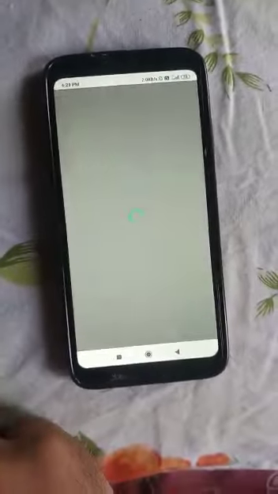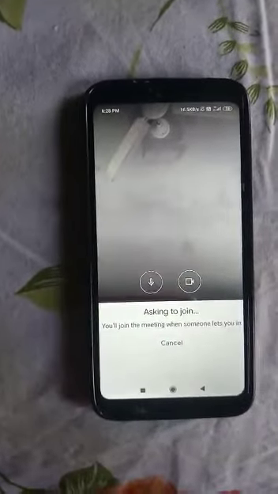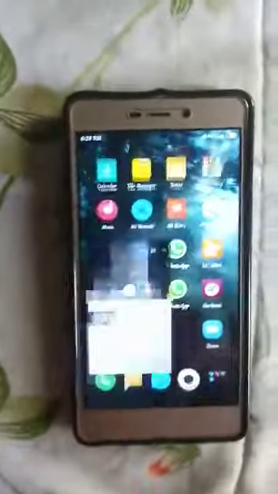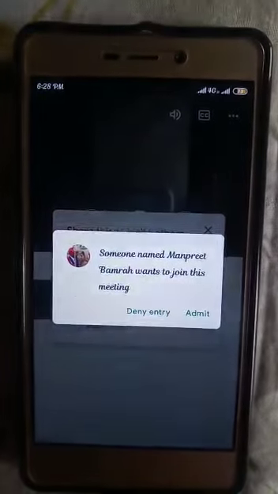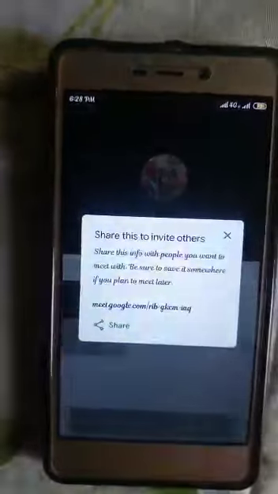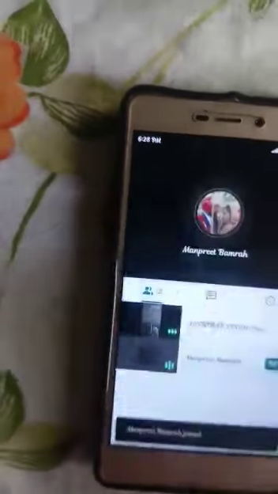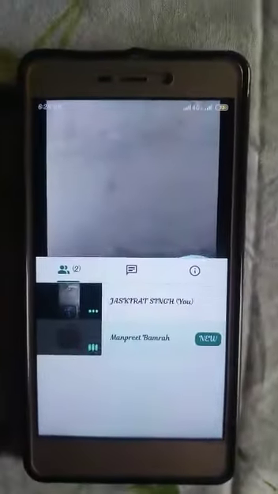So here you can see in this my phone, ask to join. So in this phone, here you can see someone named Manpreet. Okay, admit. Okay, so in this way